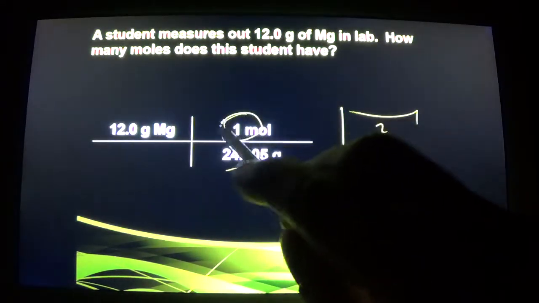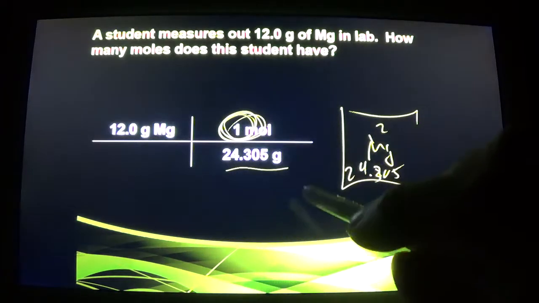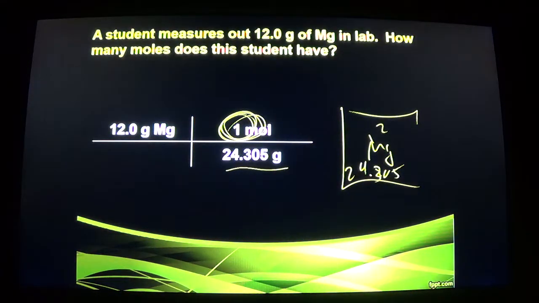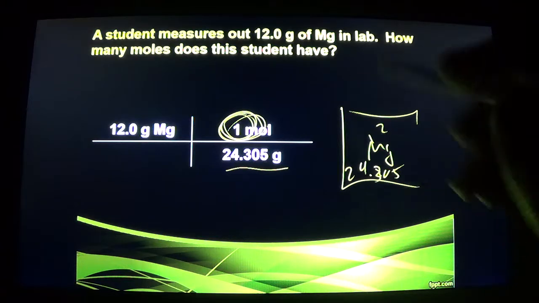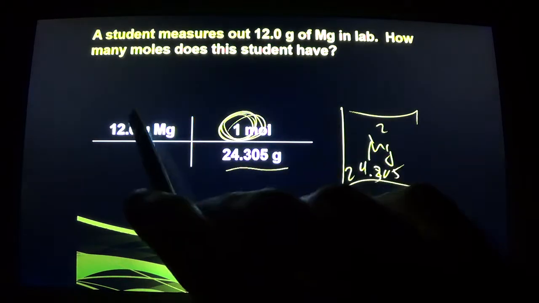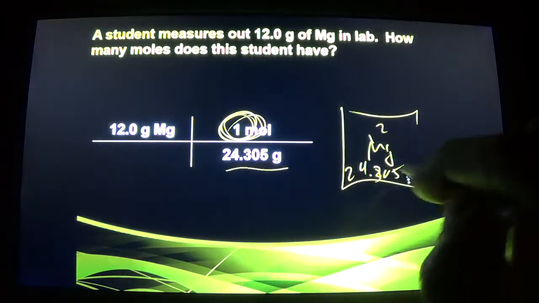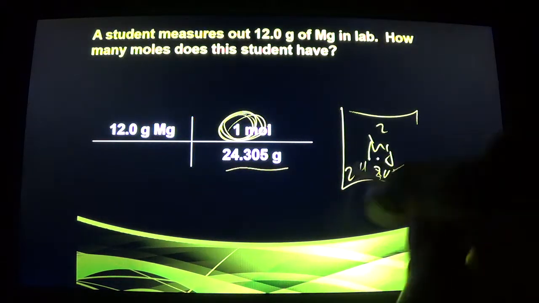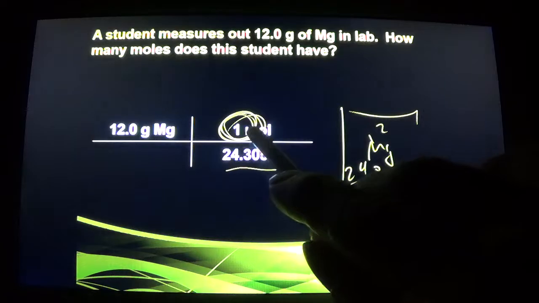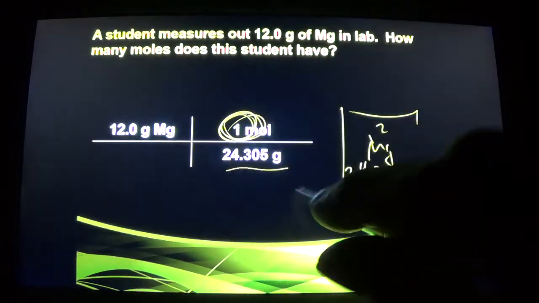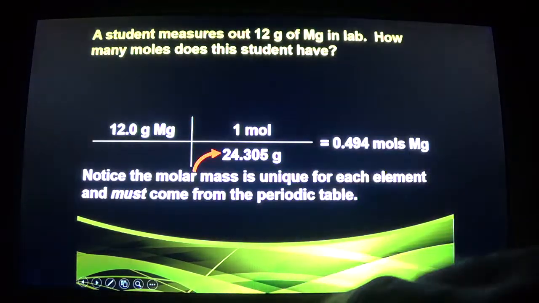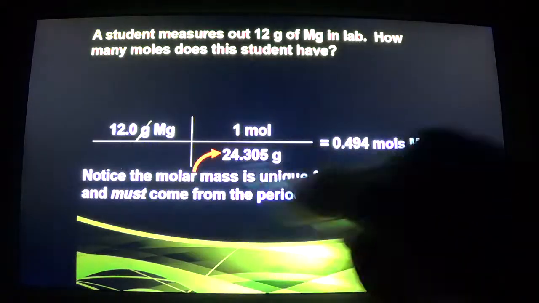It will always be 1 mole. You won't have a number other than a 1 there. Anytime you use the periodic table, it's got to be for 1 mole. That's how the periodic table was designed. That's what it's got to be. Okay, so grams I matched with grams. I knew what number went with grams because that's the number for the grams on the periodic table. And I put 1 mole because anytime I use the periodic table, it's 1 mole. Okay. Now grams cancels grams,